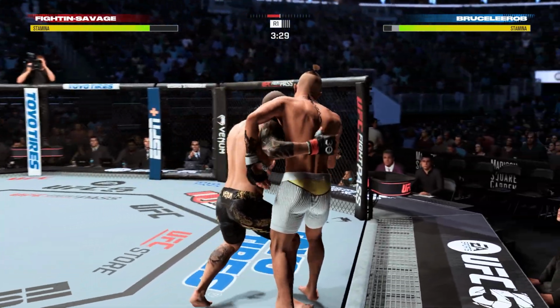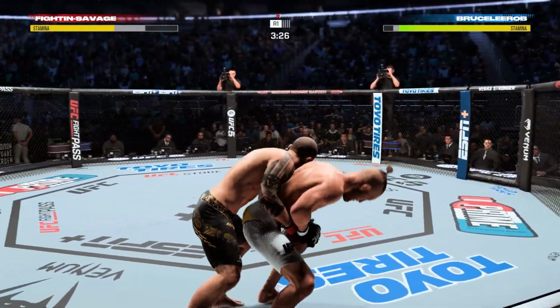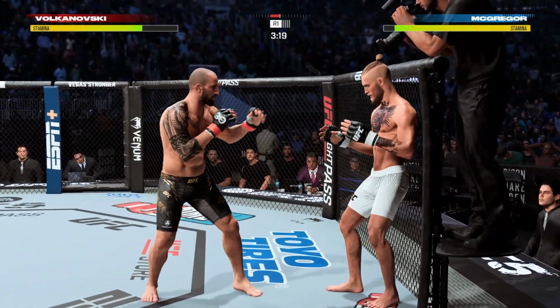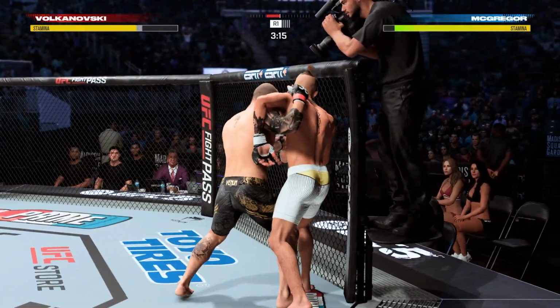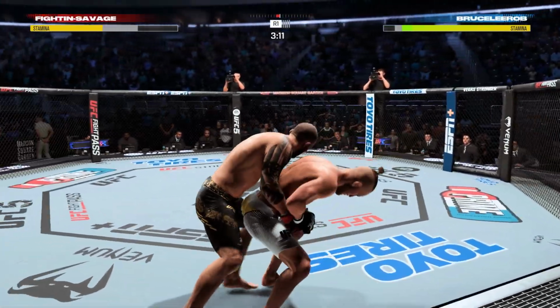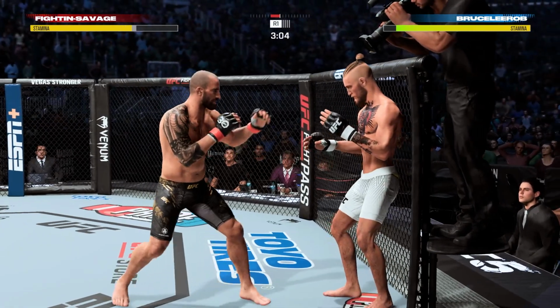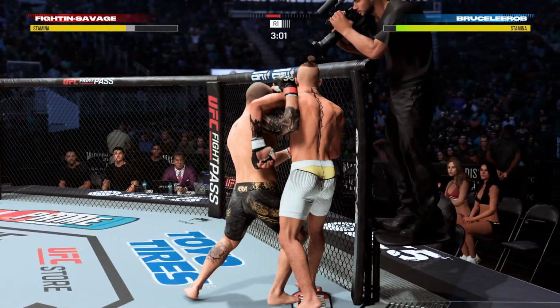So watch out for those turning takedowns off the cage. Learn how to defend those. They're a little bit difficult, but once you learn the animations and you're able to turn with L2, R2 and down or up on that left stick, you'll have such a better time with Conor McGregor, because if you don't go to the ground, then you don't have to